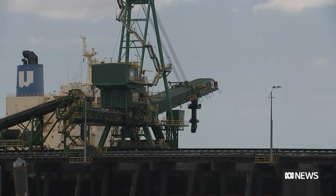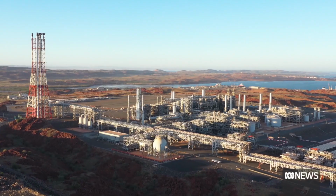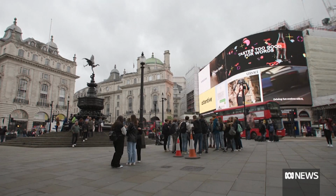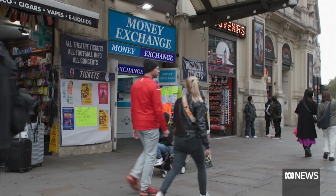It's down about 11%, but other currencies have fared a lot worse. The yen is down more than 20%, the pound is down about 17%. The global energy crunch has pushed up commodity prices, many of which we export. That's helped keep the Australian dollar stronger against other currencies. Right now, it's up more than 5% against the pound, which is good news for Aussie businesses importing from the UK,